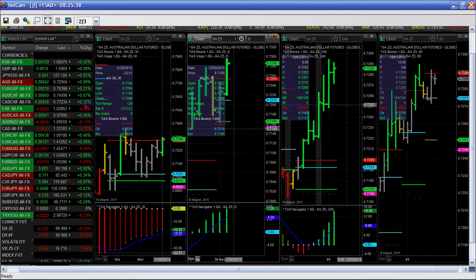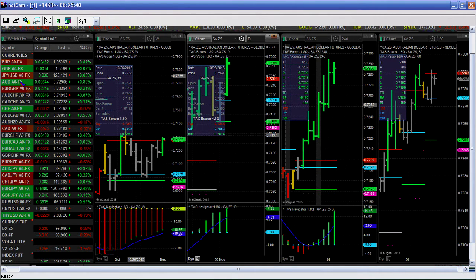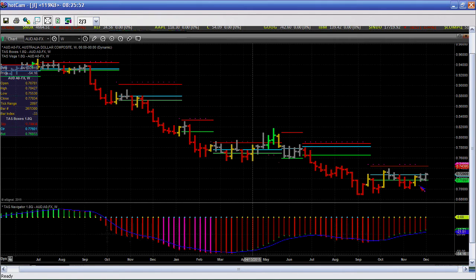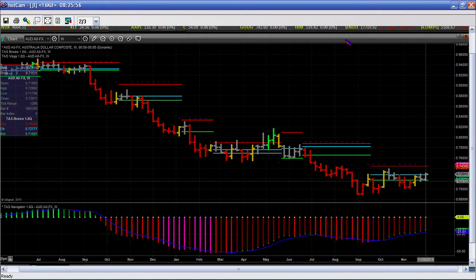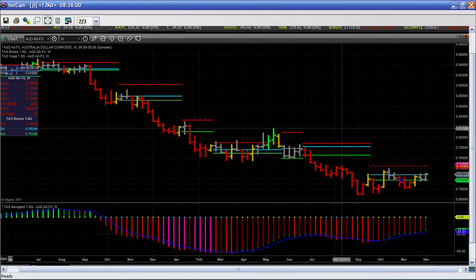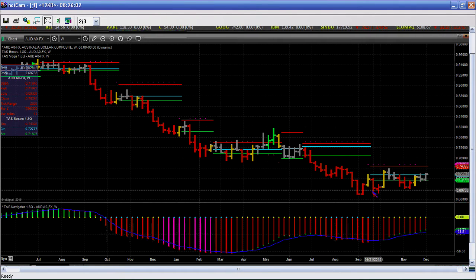So going back to the Aussie dollar on the Forex side, this is kind of what you're seeing on the long term, and here's the profiles, and here's that divergence in Navigator, right? And here's that 72, 69, 70. Now, when we go to the currency futures for the Aussie dollar, it's going to look a little different. Obviously, the same price action. And believe it or not, I think it's actually cheaper in the long run to trade currency futures. That's been my experience.